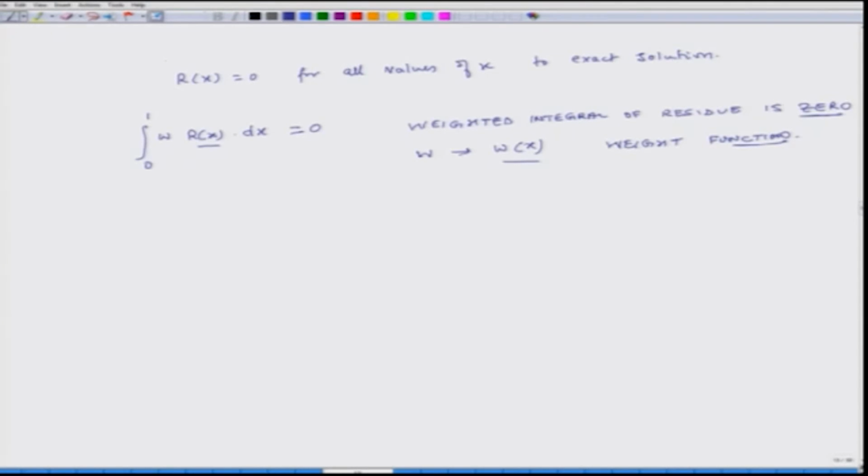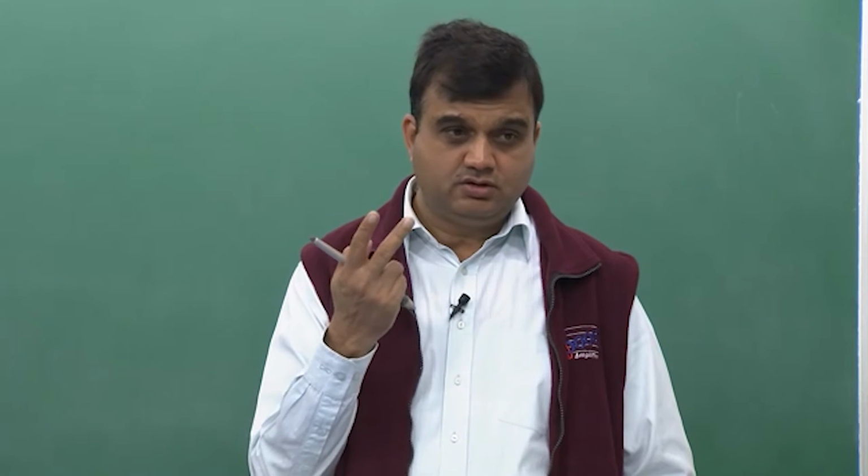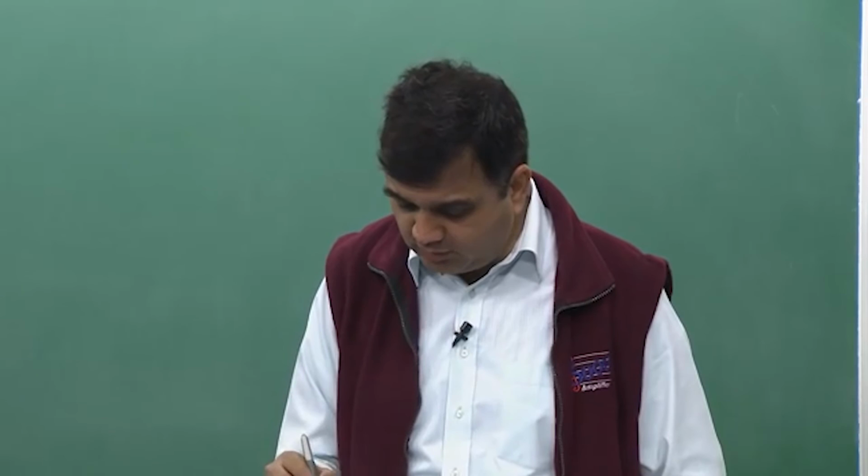Okay. Now, we had two conditions, we had two unknowns, right? C1 and C2 are unknowns. So, what I do is, if I use this equation, I assume some weight function W1, and I get one equation from here. Then I assume another function W2 and I get another equation from here. So, in that way I get two equations and two unknowns. We will do that math very quickly.